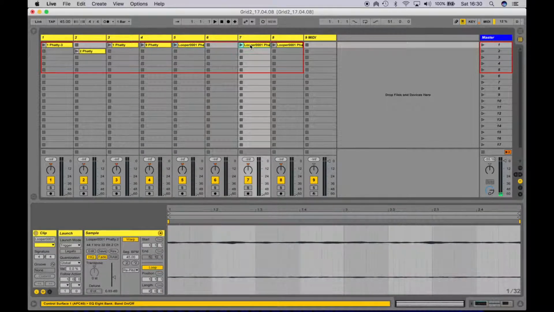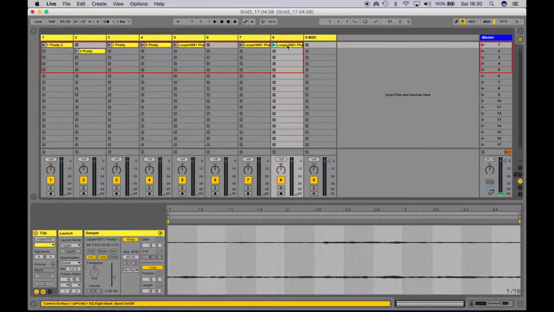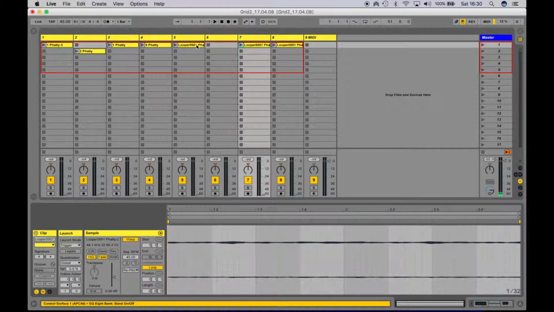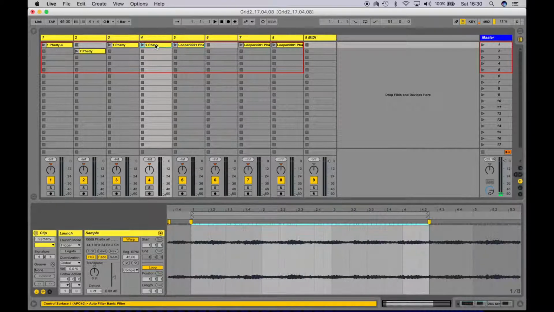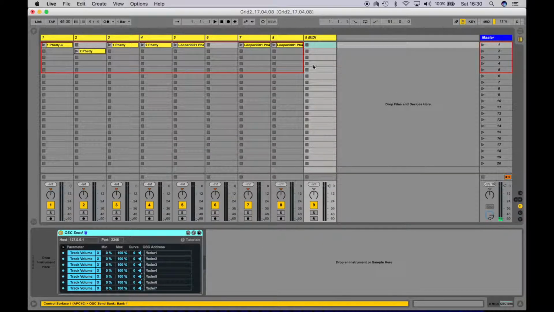The important thing here is that each clip has a different length, which means that once you start them all off at the same time, they will begin to loop in an irregular way and hopefully generate something interesting and ever-evolving. And then on this MIDI channel here, I've got a Max for Live object, and that object converts MIDI